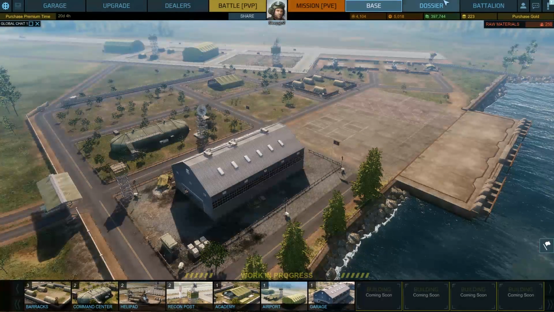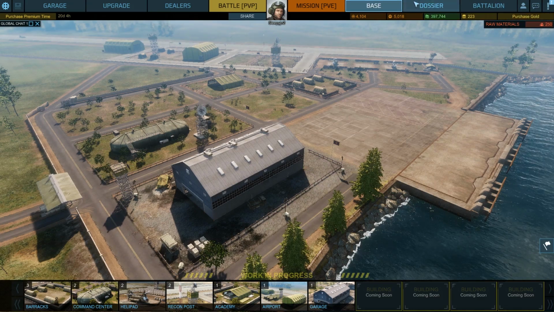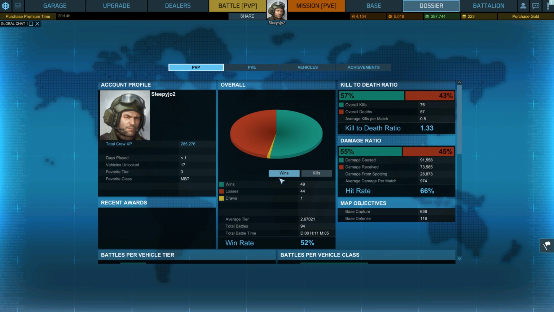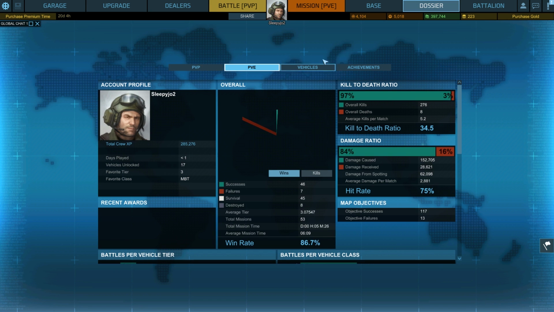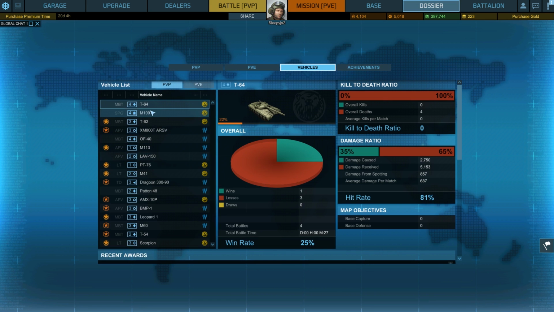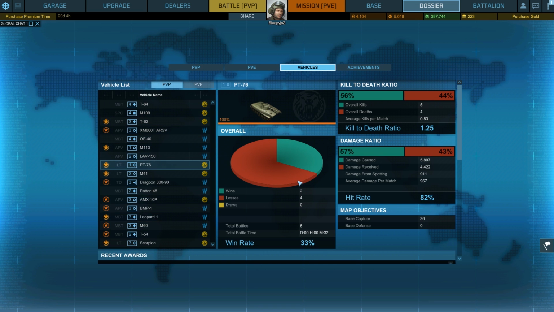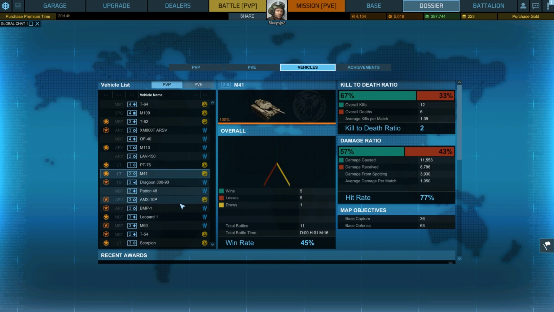So that's the base. That's pretty much it. You get 100 materials every day. You can build stuff. Dossier is your information, days played, vehicles unlocked, etc. You can see specific stats about all of your vehicles. It's really quite in depth. You can see how much I suck with the PT-76 apparently. I was pretty good with the M113 though. I just got that. Oh, good lord. Anyway, you can see your individual stats for all your vehicles and how much I suck with everything I own,